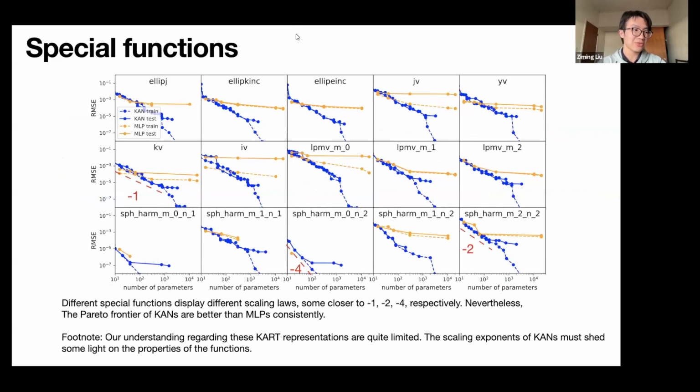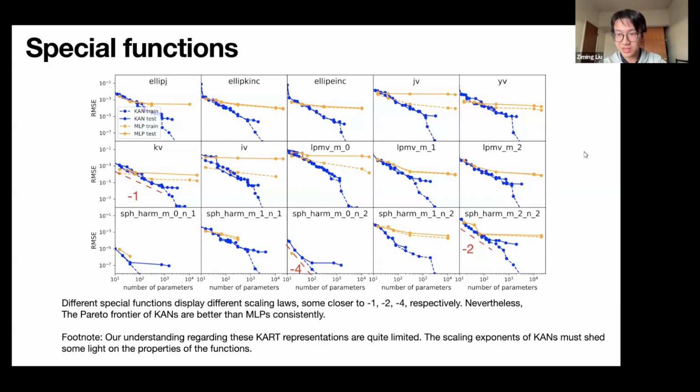So for symbolic functions, you may say that, well, they are quite contrived. What about functions where we don't know that Kolmogorov-Arnold representations exist? And this is exactly what I show on this slide: special functions. For example, we take the Bessel function, J_nu(x). We take in nu and x and want to predict the value of the Bessel function. Then we don't know if there exists such a representation, but anyway, we compare KAN to MLP, finding that KAN approximates better than MLPs.